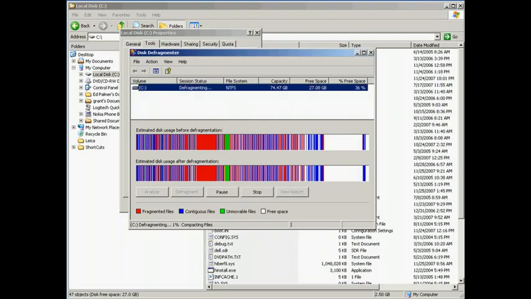So it's updated my dialog with two areas: estimated disk usage before defragmentation and estimated disk usage after defragmentation. You'll notice the red are the fragmented files. Now, what is a fragmented file? Well, the software, the operating system that is, stores all your data files in little clusters on your hard disk. Now, those clusters may not be next to one another, and so the software, the operating system, has to look